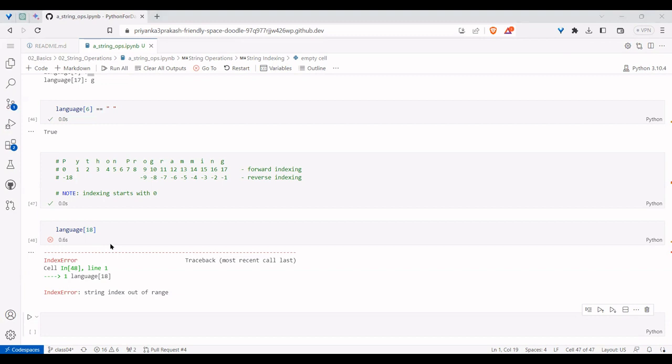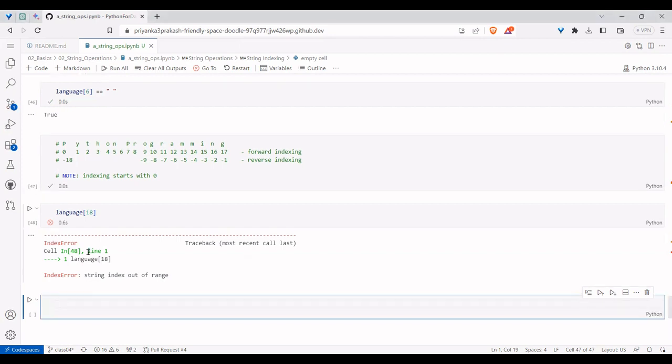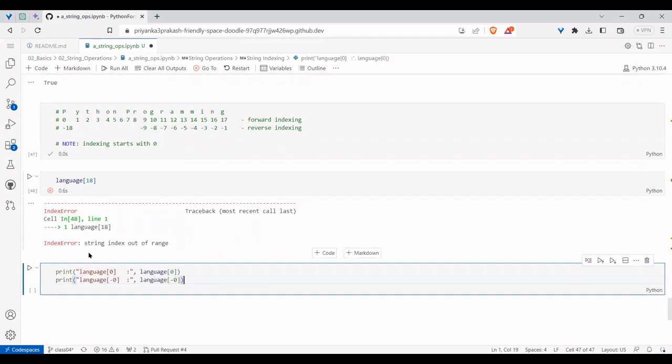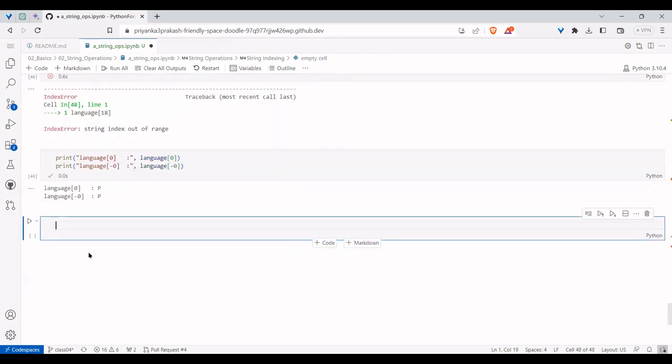Similarly, one more point you need to learn. This is one of the interview questions which was asked most of the time, and 70% of the time people answered wrong. What is the value of language of -0? If they ask -0, don't say it is the last character, because 0 doesn't have a sign. So whether you give 0, positive or negative, it will give the same value. That's the reason you get the same answer. So be careful about this point.